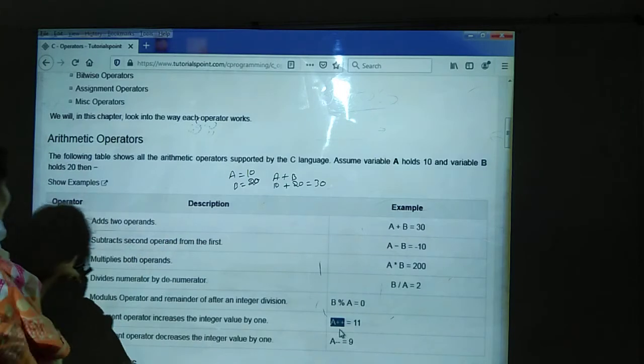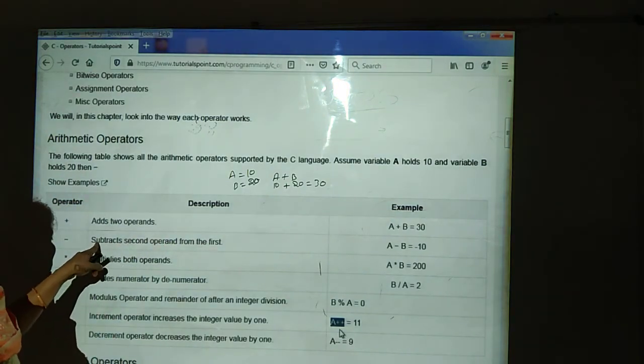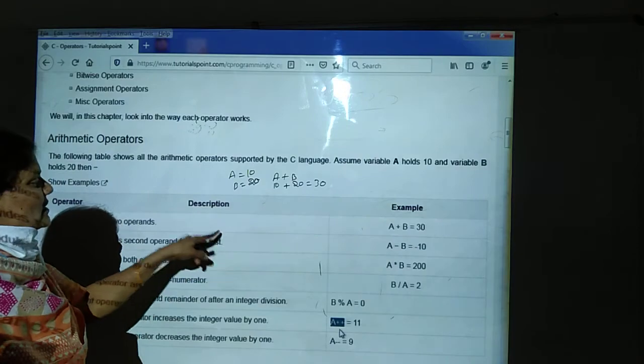Plus operator adds the two numbers. Next, subtract the second operand from the first operand. Means A minus